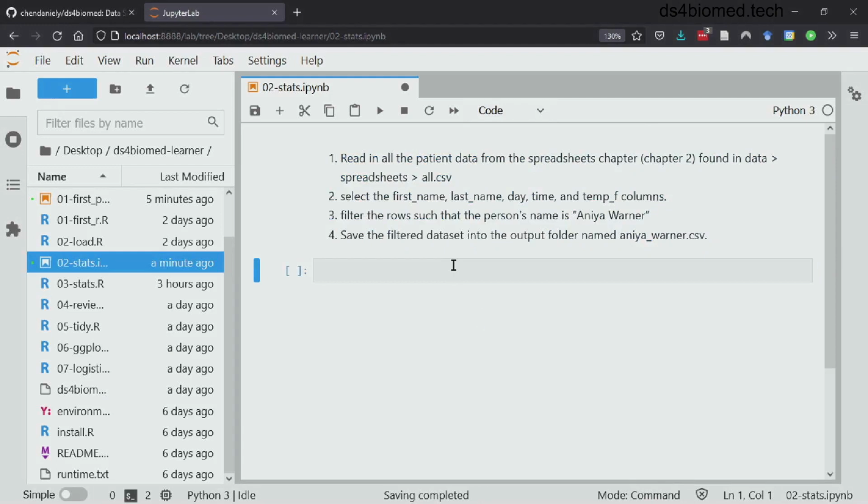So read in. There is a data set called all.csv. Read that in to a variable called all. Select the first name, last name, day column, time column, and temperature in Fahrenheit column. And then filter the rows where the person's name is Anya Warner, and then save that out to a file